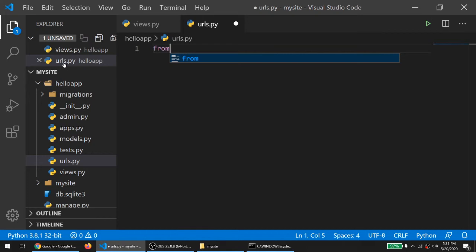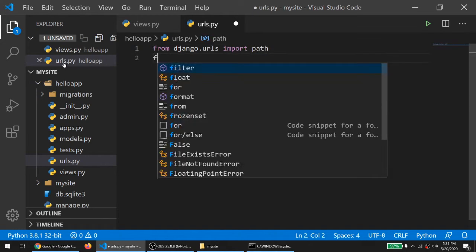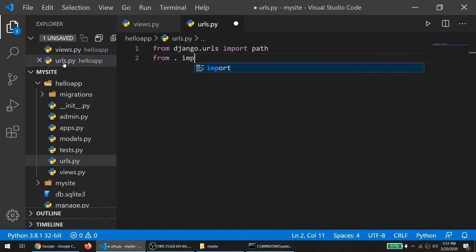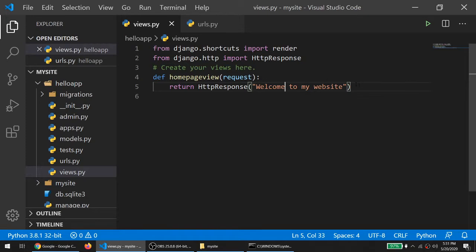So from django.urls import path. First we have to import the path, and then we have to import our views. These are the views, and here we have defined one view. The view name is homepage_view, right? So we have to access this homepage_view over here.